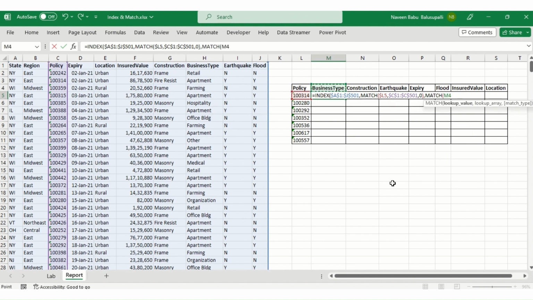Here I start with another match function. Match function lookup value is the column header, that is the business type. Here I choose the row freeze method. Press F4 for 2 times. Automatically your cell address has been arranged for row freeze. Then comma. Lookup array means I have to give the entire headers as the lookup array. I choose total freeze, comma, match type as 0 means I need exact match, closing parenthesis, and another closing parenthesis for the index function, and